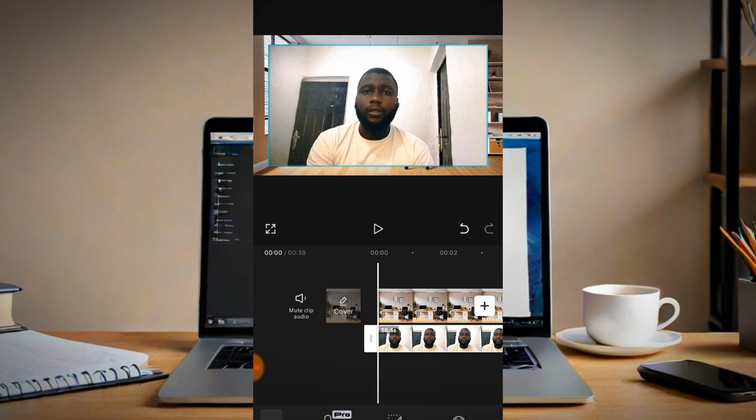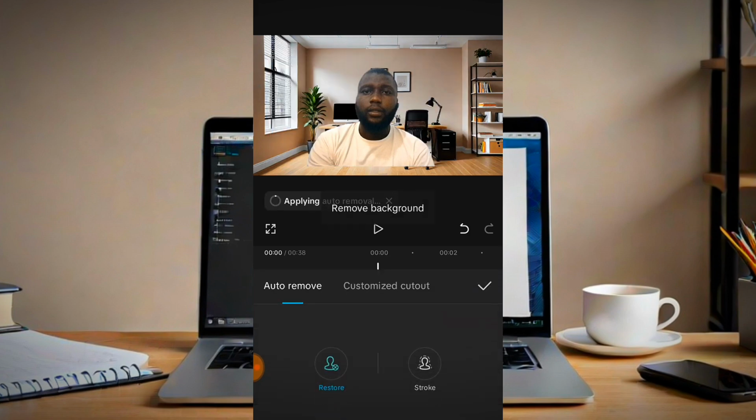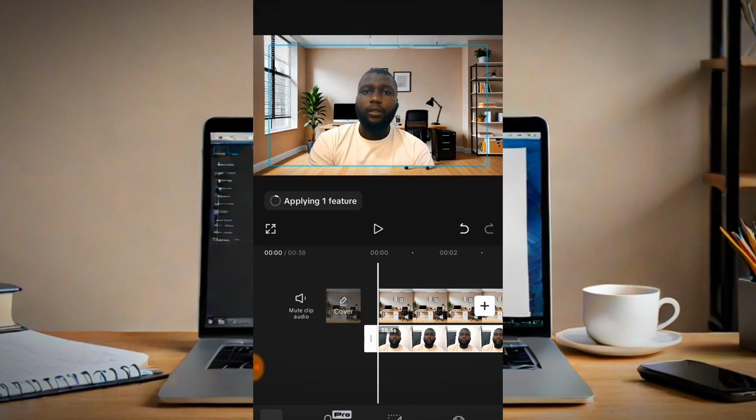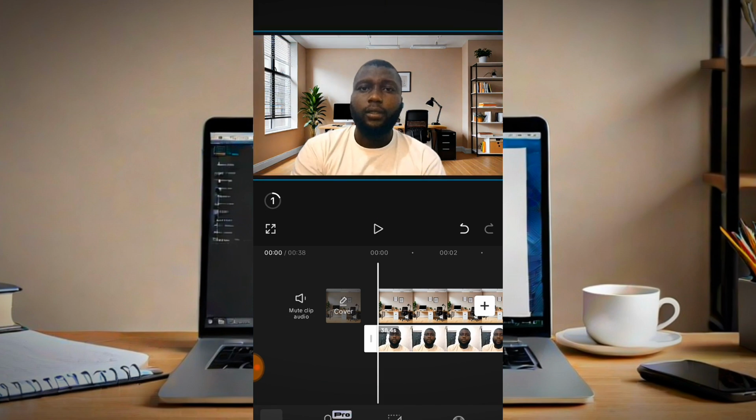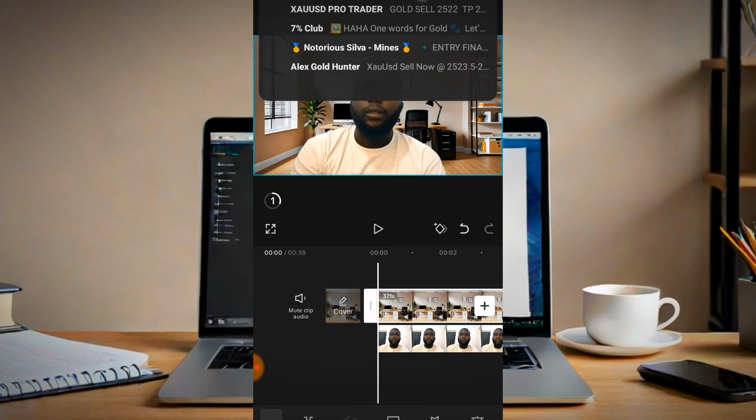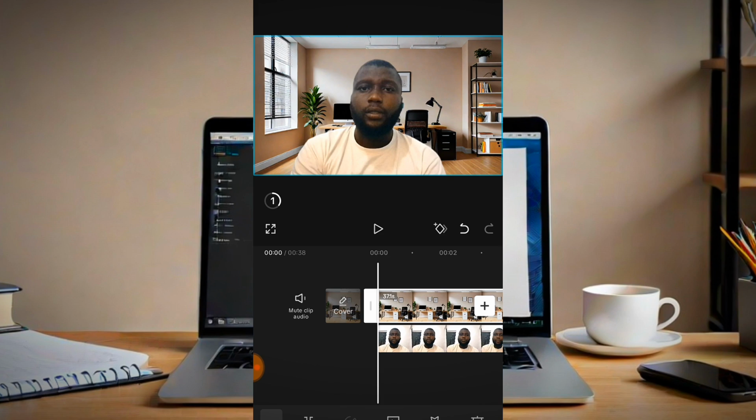Can you see this is a pro version? Auto remover. So it's applying. As you can see, it's applying. So now you can see it. Then I want to perform something. Let me quickly click on this before the removal is done. Let me click on this image. I'm going to click on this image. Now I'll click on